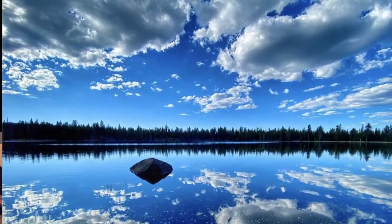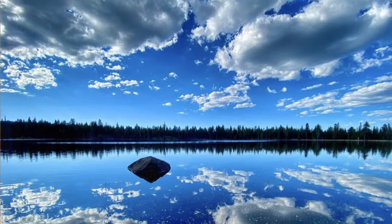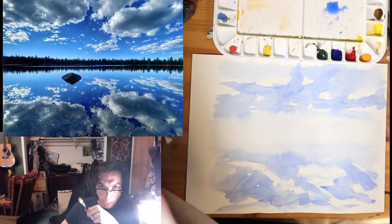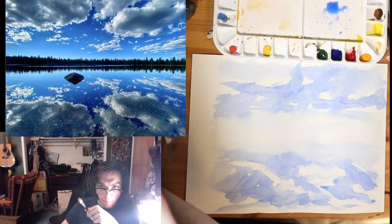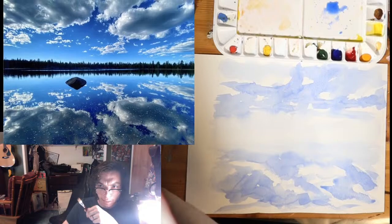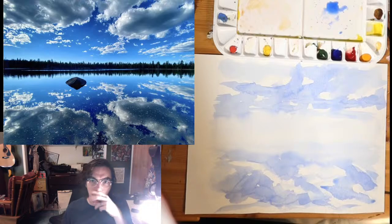This rock, the top of it hits against the water. It goes right from pretty much black to white, light blue, real quick. So if I tried to do that now with the paper a little wet, it would bleed into the paper, look messy. So what are the things that I can do with wet paper is maybe the shadows in